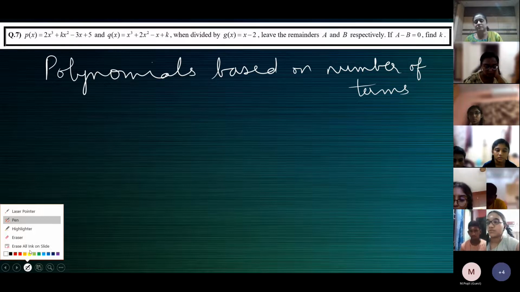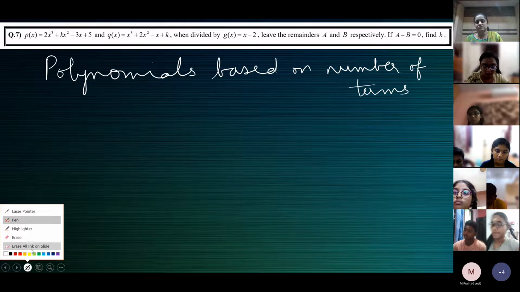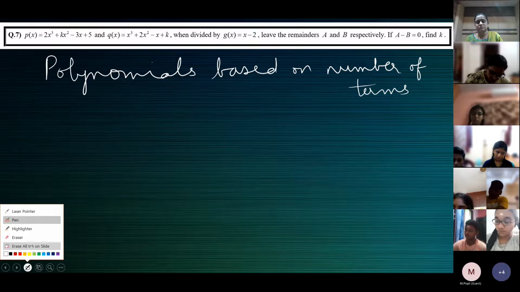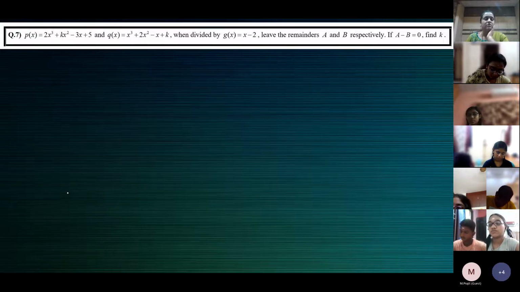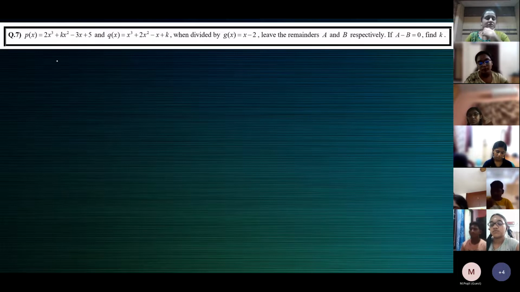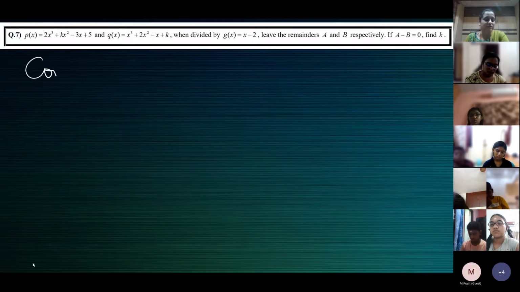Wrote the heading? Yes, ma'am. 1 minute, ma'am. What we just discussed are polynomials based on the number of terms. Yeah. Now we'll see, we'll understand what is meant by a constant. No, before that, we'll understand